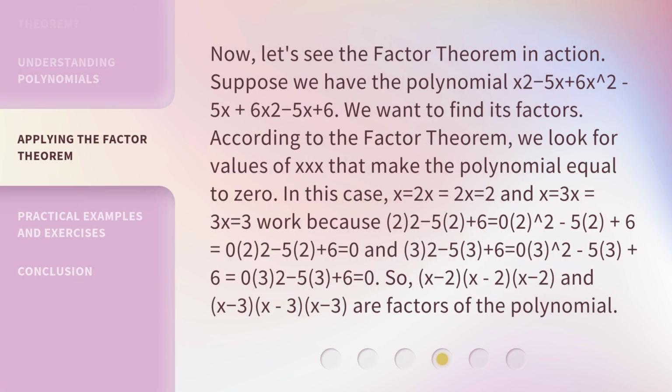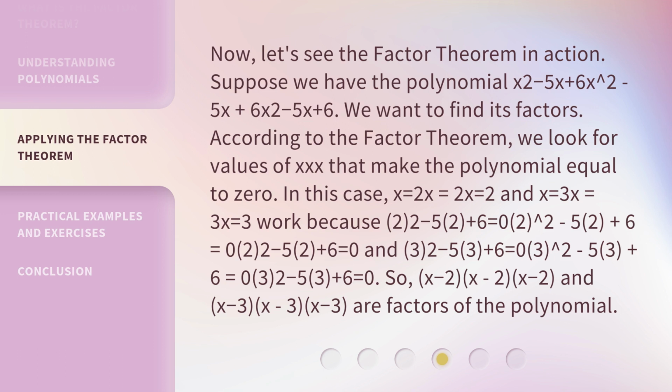Now, let's see the factor theorem in action. Suppose we have the polynomial x^2 minus 5x plus 6. We want to find its factors. According to the factor theorem, we look for values of x that make the polynomial equal to 0. In this case, x equals 2 and x equals 3 work because